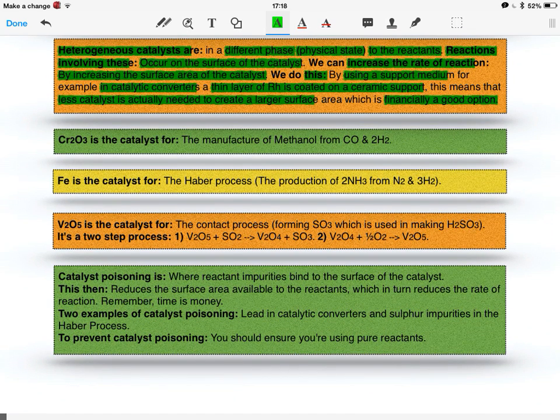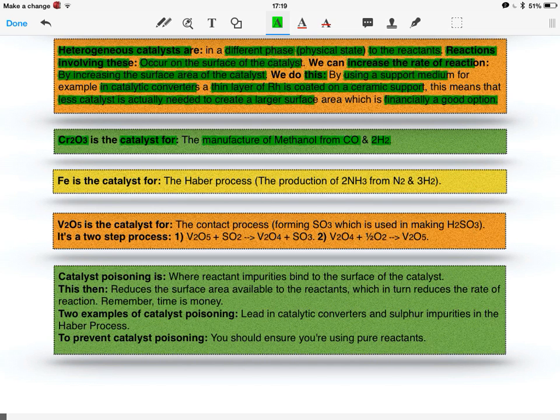There are three specific heterogeneous catalysts we need to know about, and the first is the Cr2O3, which is the catalyst for the manufacture of methanol from carbon monoxide and hydrogen gas. You'll need 2 moles of hydrogen gas plus 1 mole of carbon monoxide in a reaction involving a Cr2O3 catalyst